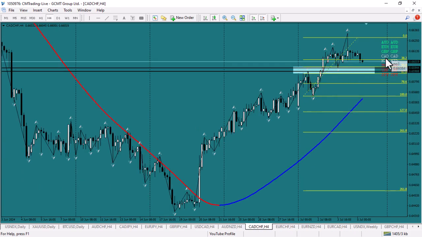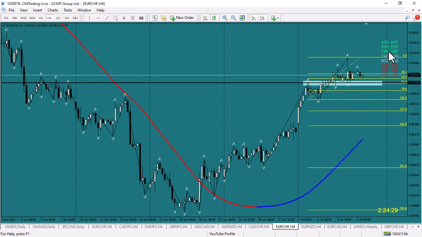CAD Swiss. CAD neutral zone, not worried after that, but I'm after the Swiss short. Going long here will give me the short. Testing that level and or this level. Once I see a test of this trade zone here, right between 50 and 61%, I get a strong candle reversal, I'll take the long.